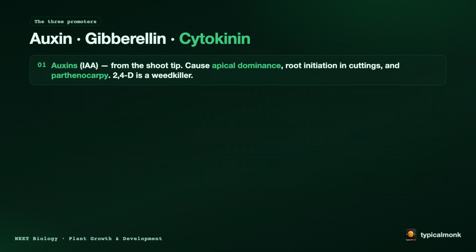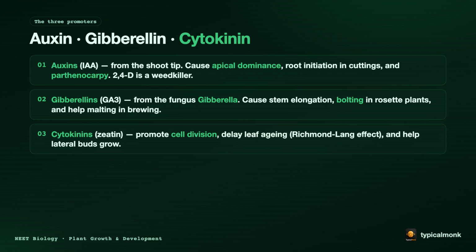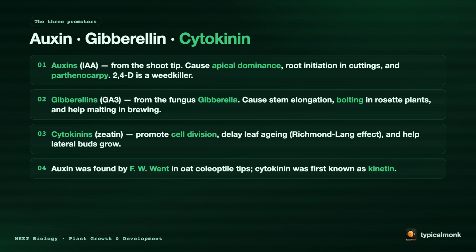Now the 3 growth promoters. Auxins, that is IAA, come from the shoot tip. They cause apical dominance, grow roots in cuttings, and cause parthenocarpy. And 2,4-D is a weed killer. Gibberellins, that is GA3, came from the fungus Gibberella. They elongate the stem, cause bolting in rosette plants, and help malting in brewing. Cytokinins, that is zeatin, promote cell division, delay leaf aging, the Richmond-Lang effect, and let lateral buds grow. Auxin was discovered by F.W. Went in oat coleoptile tips,